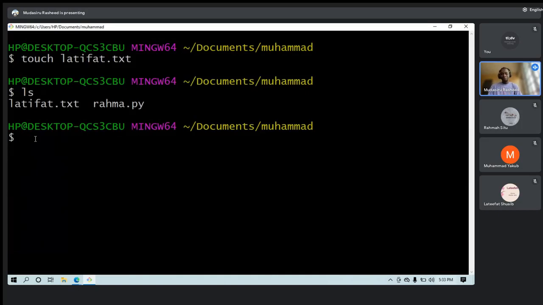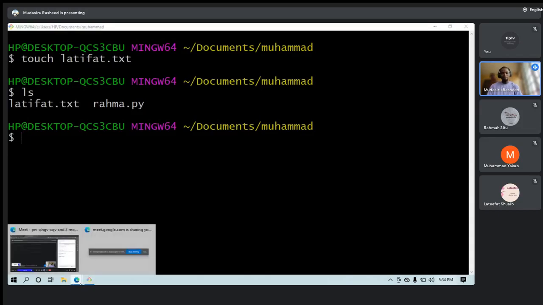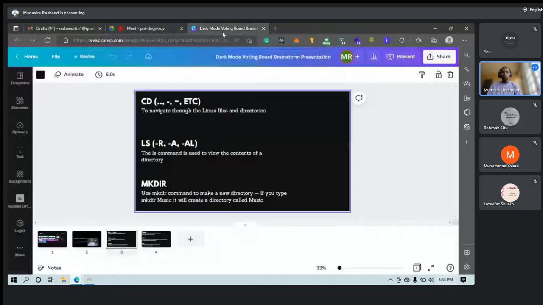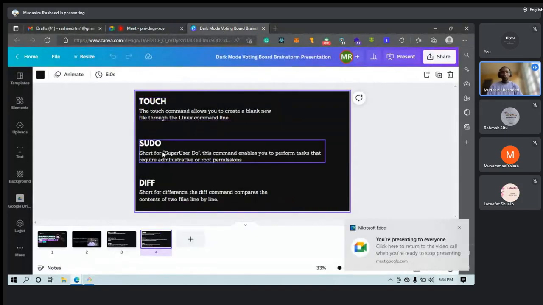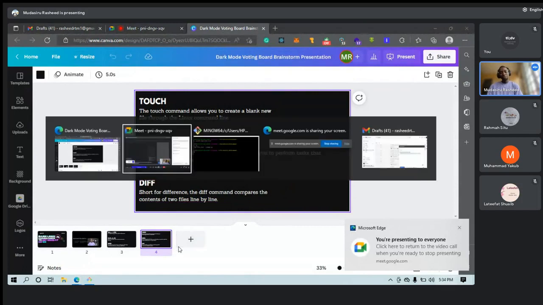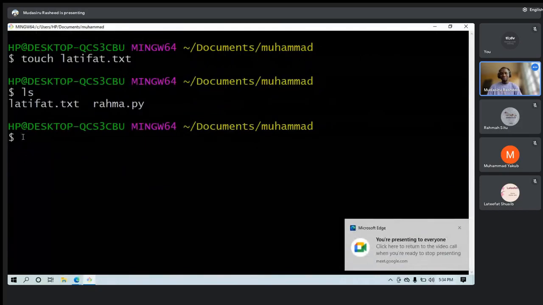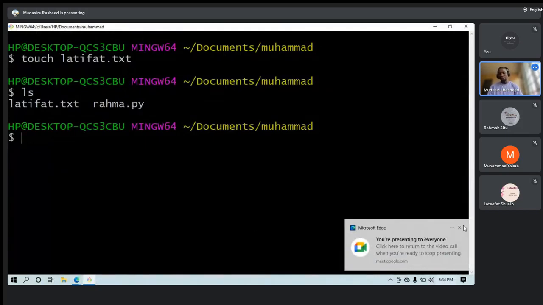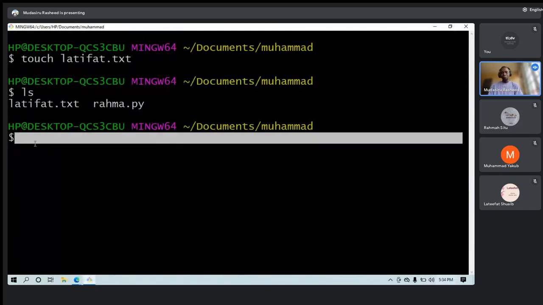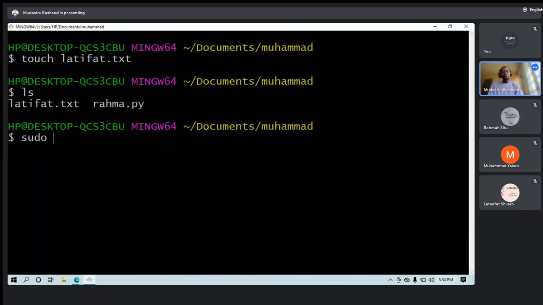Now let's look at a command I did not talk about before. I've talked about make directory. The other one remains sudo and the rest. We may not be able to practicalize those because I don't think I have anything that requires admin privilege here. But if I want to demonstrate it, I can say, maybe sudo remove.